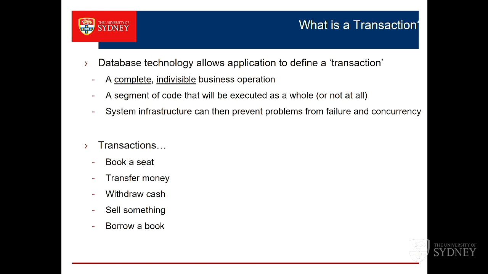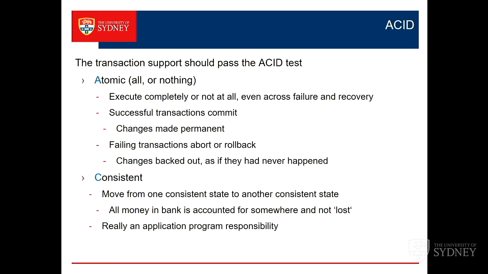Transactions say, no, that's the outside world. The outside world either sees that no money's been moved from anywhere, or the money's been taken out of here and moved to there. They're the only two allowable states. So we have the idea of a transaction taking the state of my system from one allowable state to another allowable state. The purpose of the business application is to implement that allowable change of system state. Only allowable system states can happen, and there can be no incomplete transitions. So, here are examples of transactions. Book a seat, transfer money, withdraw cash, sell something, borrow a book, all those types of things are transactions.